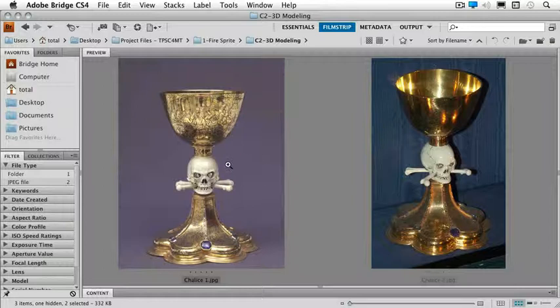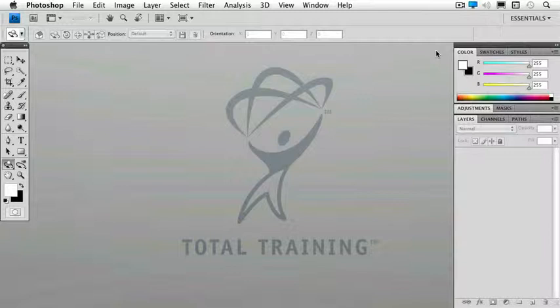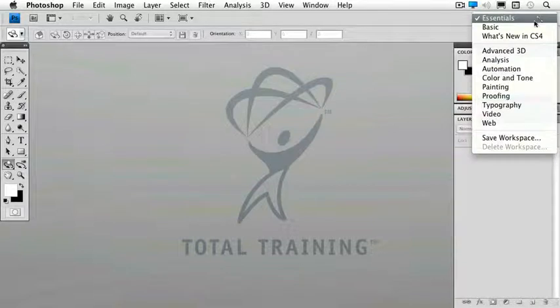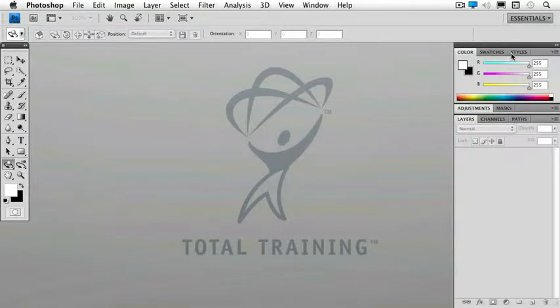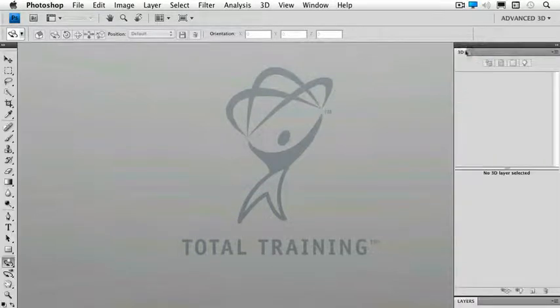And the center element is probably beyond the scope of a lesson in Photoshop's 3D tools, so we're actually going to import the skull as a 3D object and include it in our scene. So let's switch over to Photoshop and take a quick look at how 3D space works. The first thing that I want to do is adjust our workspace, and I'm going to choose Advanced 3D. That's going to bring up a new panel that you may not have seen, the 3D panel, and I'm going to pull that out,